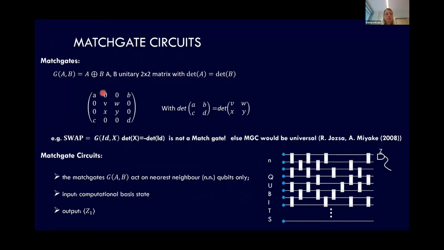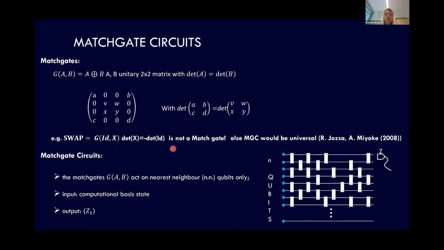These are simply 2-qubit gates that are a direct sum of two 2 times 2 unitary matrices, which have to obey the condition that the determinants match. To say it in a different way, it is just a direct sum of a unitary acting on the even parity subspace plus one that acts on the odd parity subspace. If you look, for instance, at the example of a swap gate, then you see that it does have this structure, but the determinants don't match. So this means that the swap gate is not a matchgate.